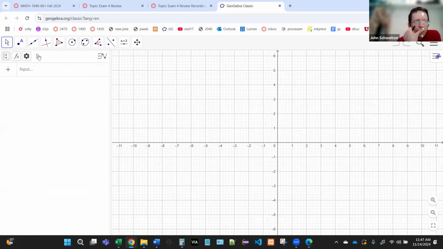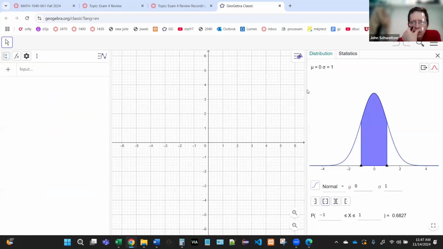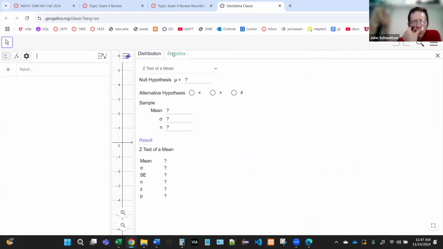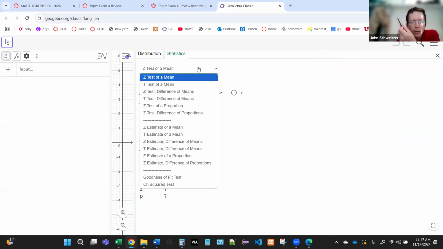Okay, so we go to the toggle, the 3 dots, and then we're down here at the probability calculator. We've been here dozens of times now. Then you go over to statistics, and then you come down here to the drop down. By the end of chapter 5, over the course of these first 5 chapters, we've gone through many of these inference procedures. So I always do a process of elimination. What is it that we're working on here? Are we doing a confidence interval or a hypothesis test? A confidence interval, right? So it's an estimate.